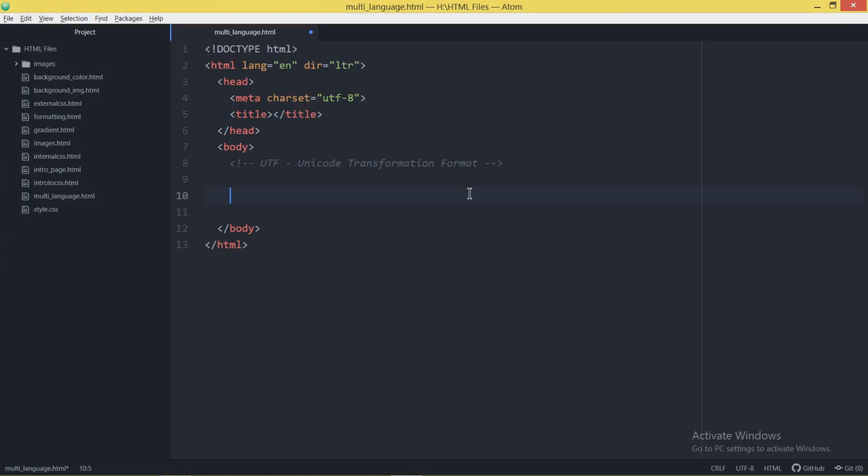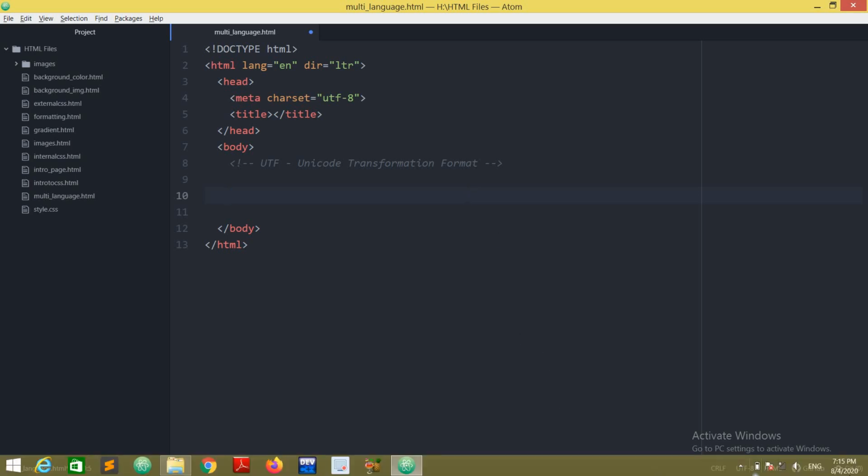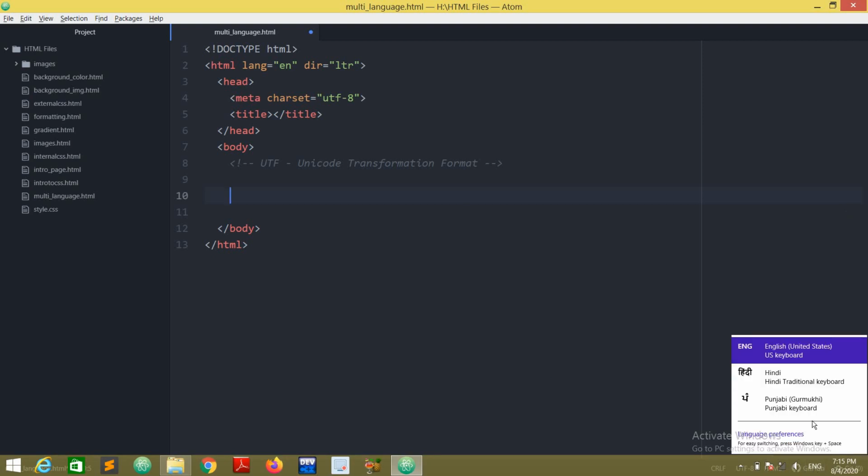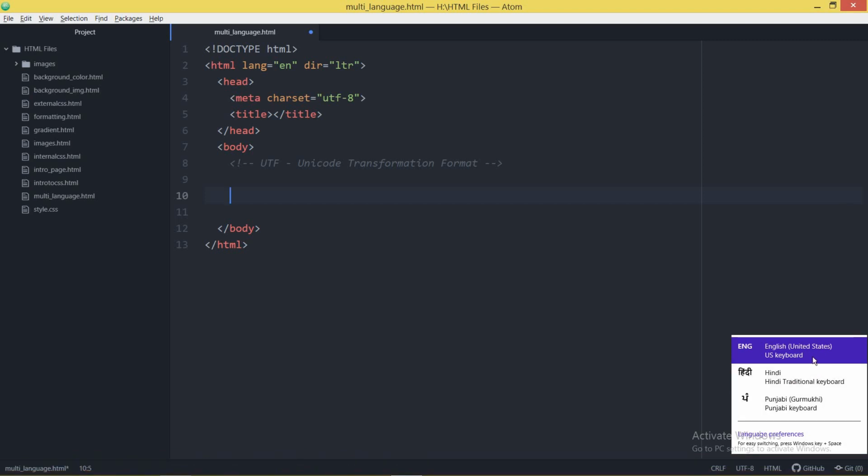I said that these settings may be different in each operating system version. If you are using Windows 7 or Windows 10, there may be different settings. I have installed Windows 8, so this is the setting of Windows 8. Now after adding these languages as keyboards, you can see at the lower right corner an option, English. When you click on it, you can find that all three languages appear over here.